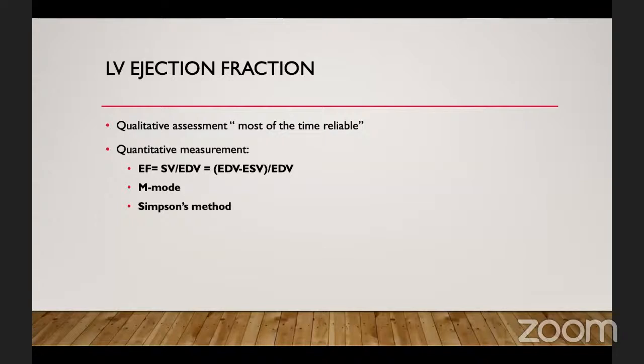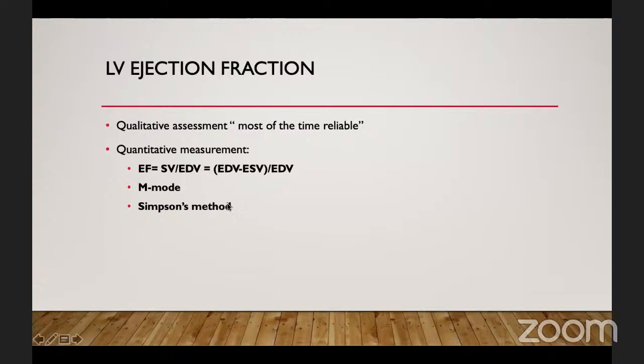As we said, some might use the M mode by calculating the end diastolic diameter and the end systolic diameter, and then convert it with a cubed equation to the volumes. But actually, this is a limited modality, and you cannot base your opinion on the M mode because it gives only one section. You don't know if the patient has a regional wall abnormality that can affect the ejection fraction. So most